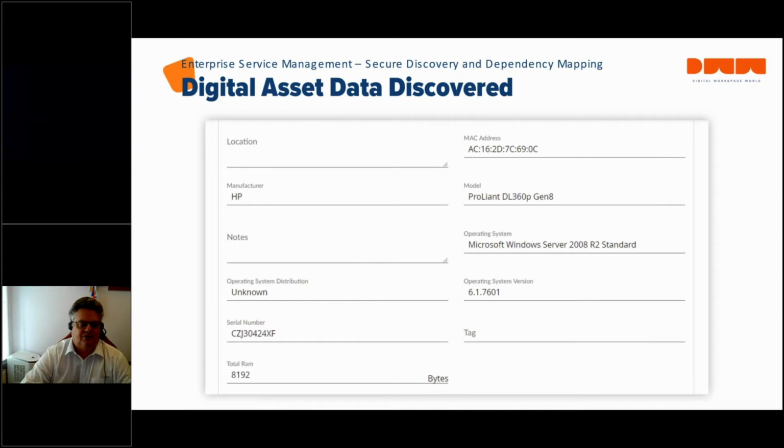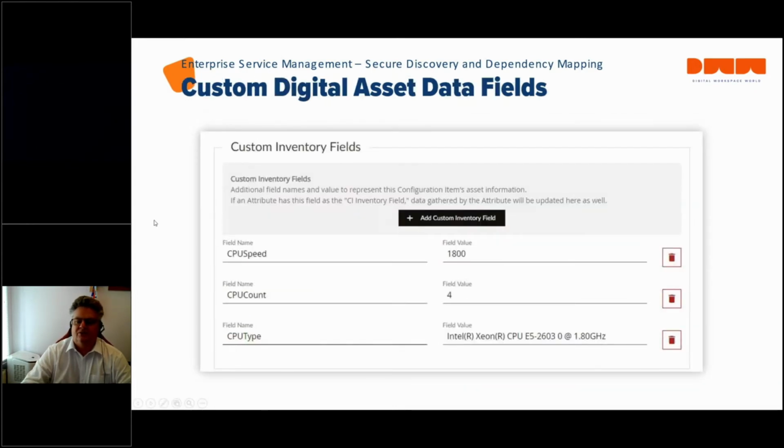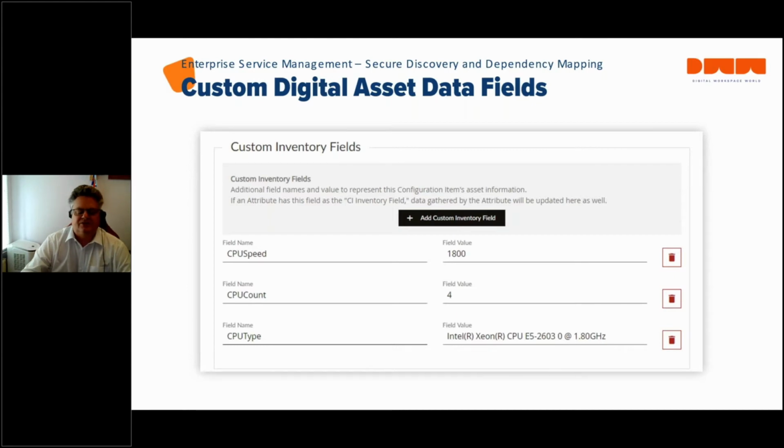But what if you've got some requirements which are slightly above and beyond that, something a little more different? Well, that's absolutely not a problem. Here I have a customer who also wanted to know the types of CPU on a server, the number of CPUs, and the speed of the CPU. So we're able to use our attribute data collection methods to get that information, and then we can add them